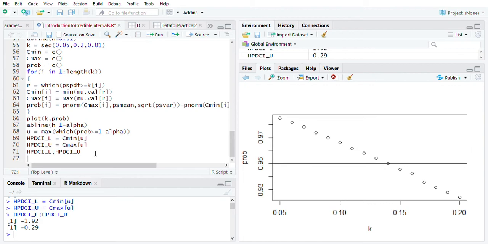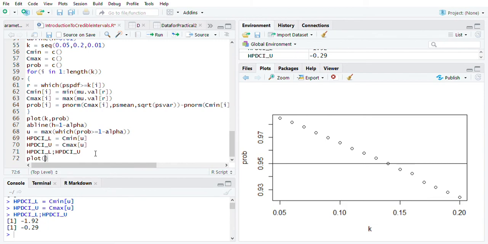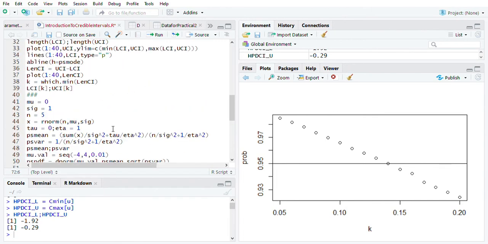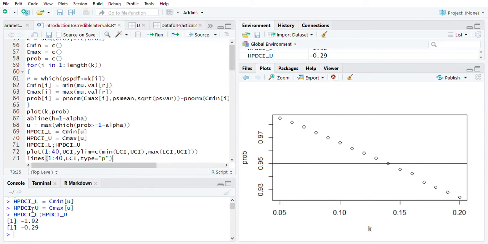So now, does it make sense? Is it actually reducing the length? How does it look like? So the way we did earlier, try to plot the lower limits and upper limits. Here was the command to plot the lower limits and upper limits of the intervals. So let us use it here and make some changes. So how much is the length of k? Because those many intervals we have constructed. So length of k is only 16.